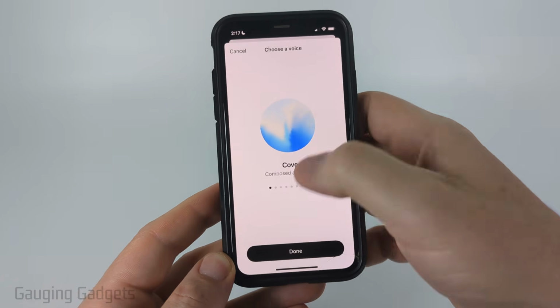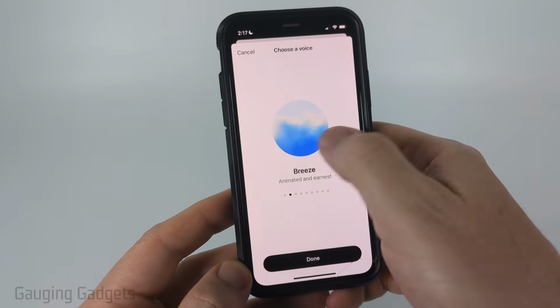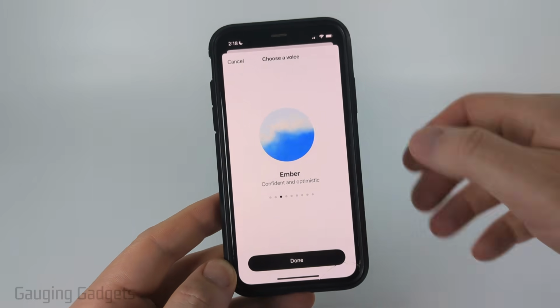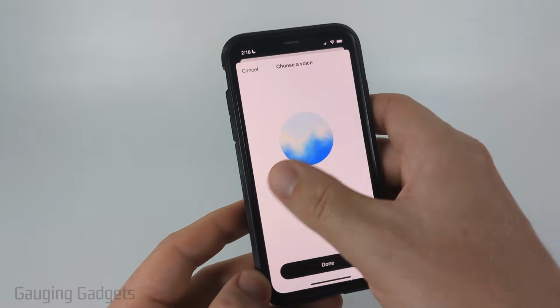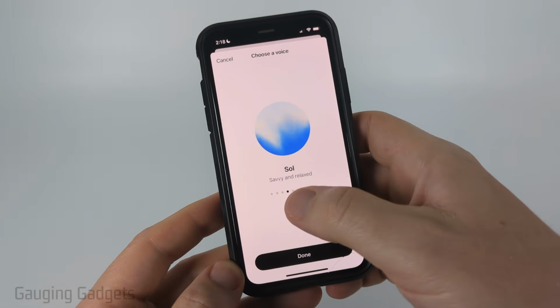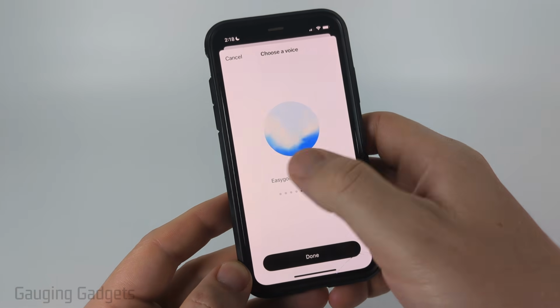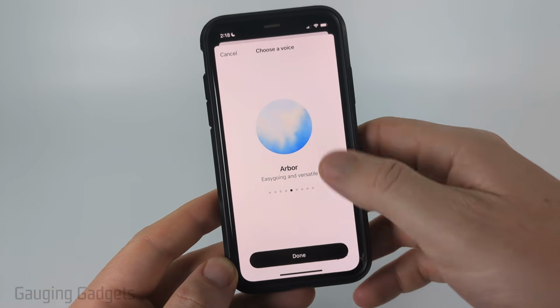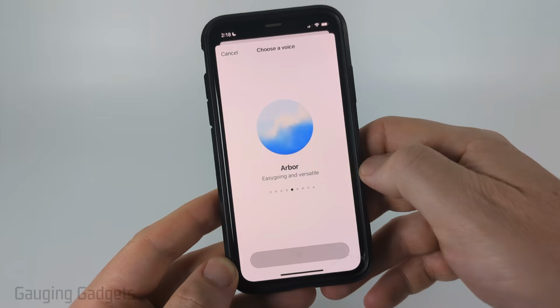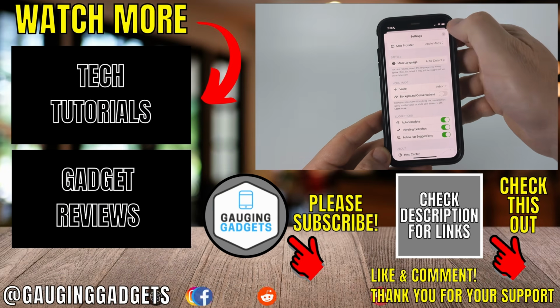voice. It'll then bring you here where we can swipe through the different voices, and when you stop on a voice, it'll give you a quick example of that voice so that you can hear what it sounds like. It'll also give you a description so you can kind of see what the mood is for that voice. Once you're done and you like the voice, select done on that voice, and you have now changed the voice